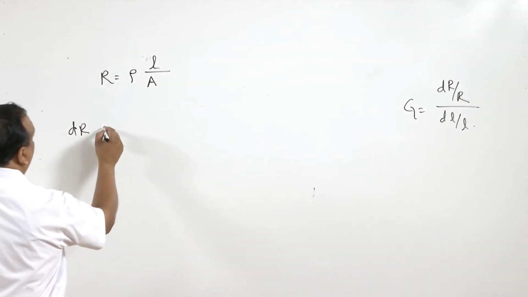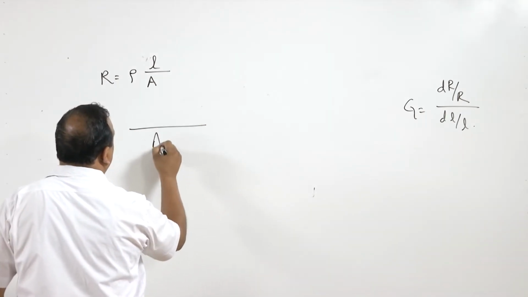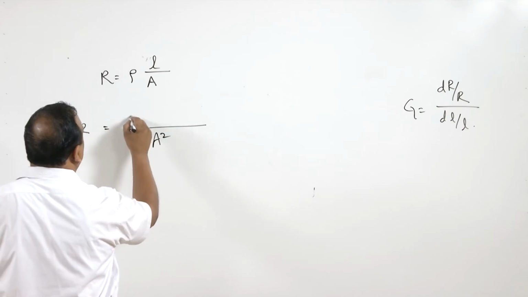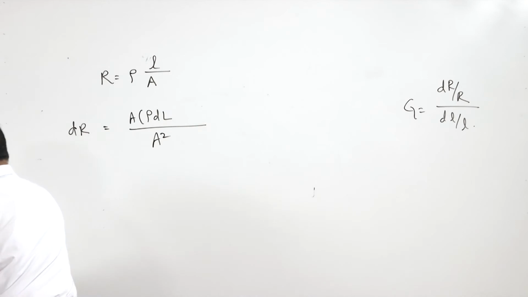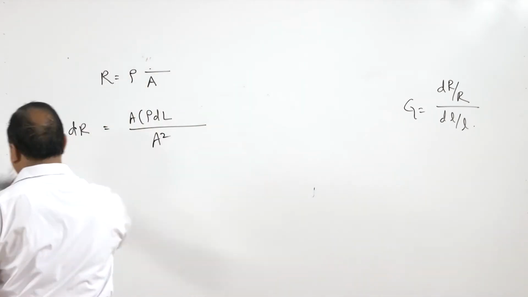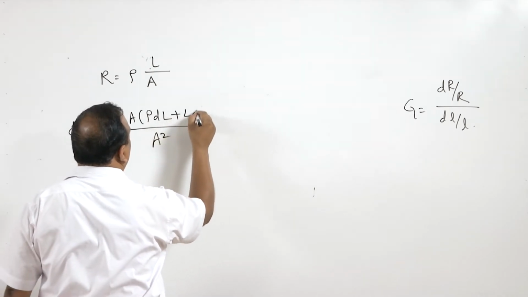So dR is going to be equal to A rho dL, let us take this as capital L, plus L d rho,